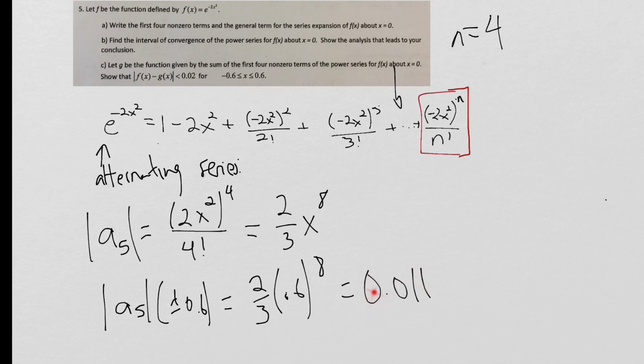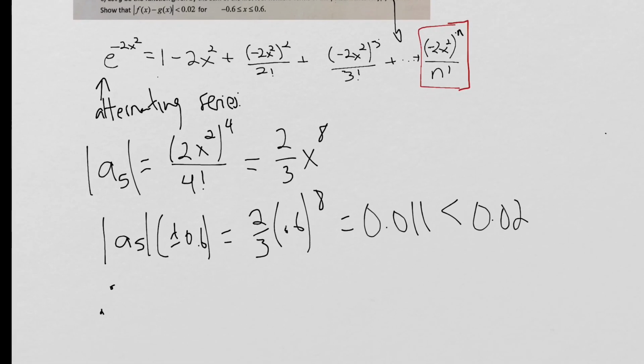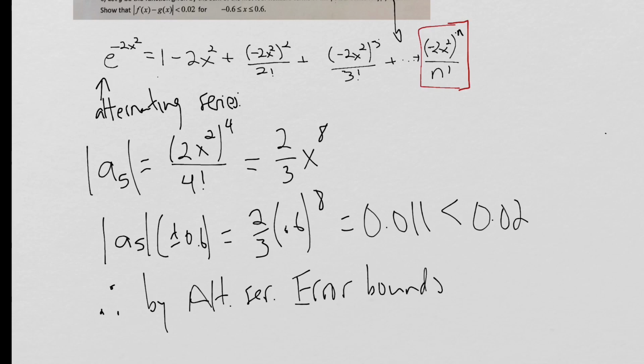Well, take note, this number is clearly less than this, so I write less than 0.02, and then I just say, therefore, by alternating series error bounds, S sub 4, the 4th sum,